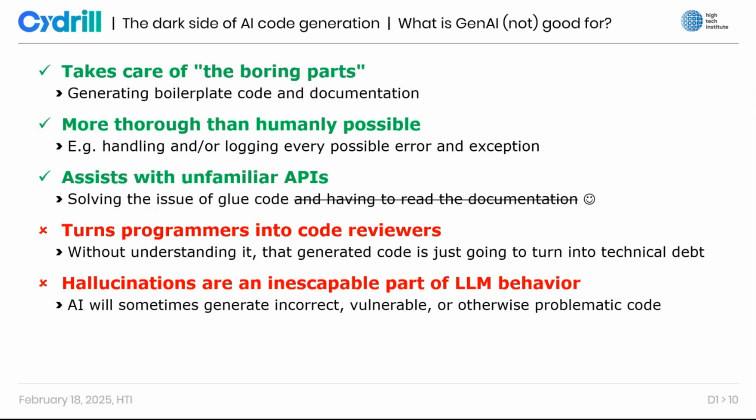Well, there is a hallucination. This is something I explained earlier. That is just a natural part of how LLMs work. Sometimes the code that is generated will be incorrect or vulnerable or problematic, and it is going to be plausible as well. A big part of hallucinations is that they look normal. They look like what we would normally expect, which is, of course, going to make it harder to detect if we are looking at the code.